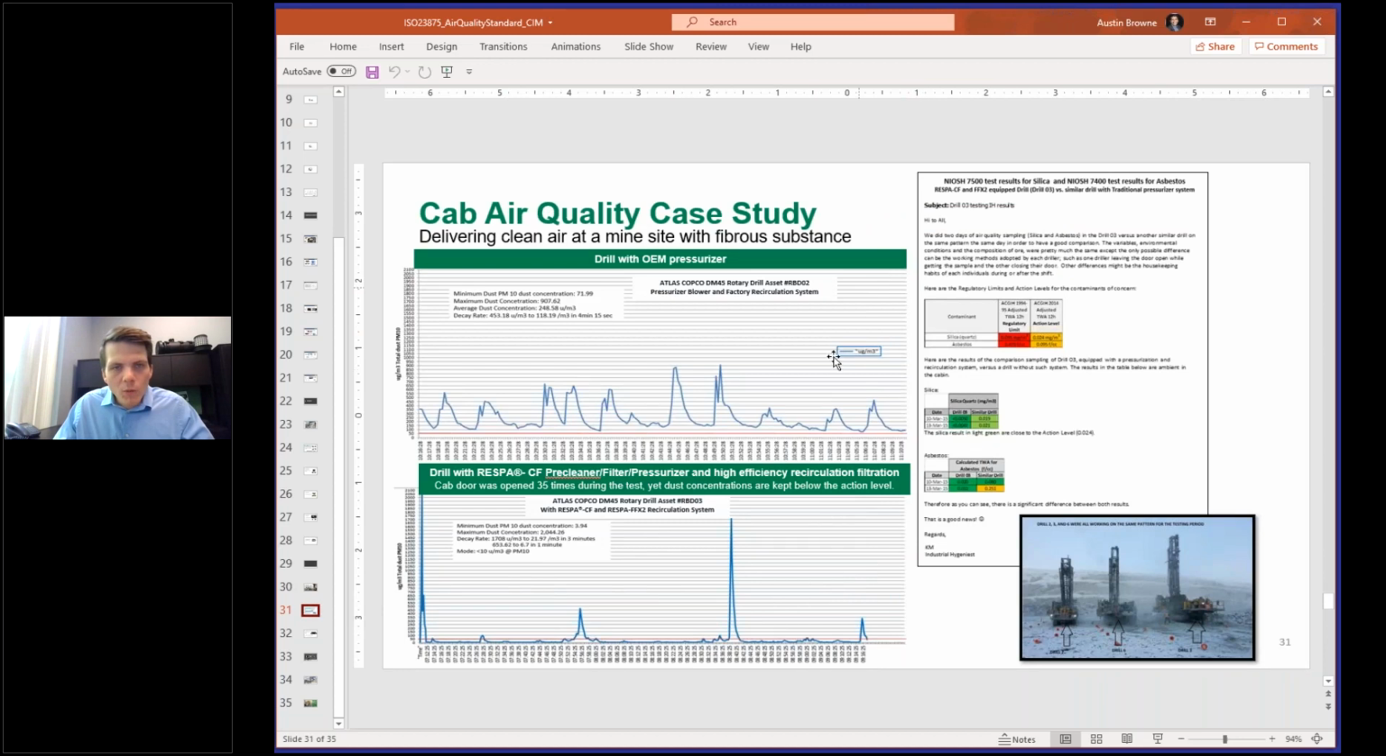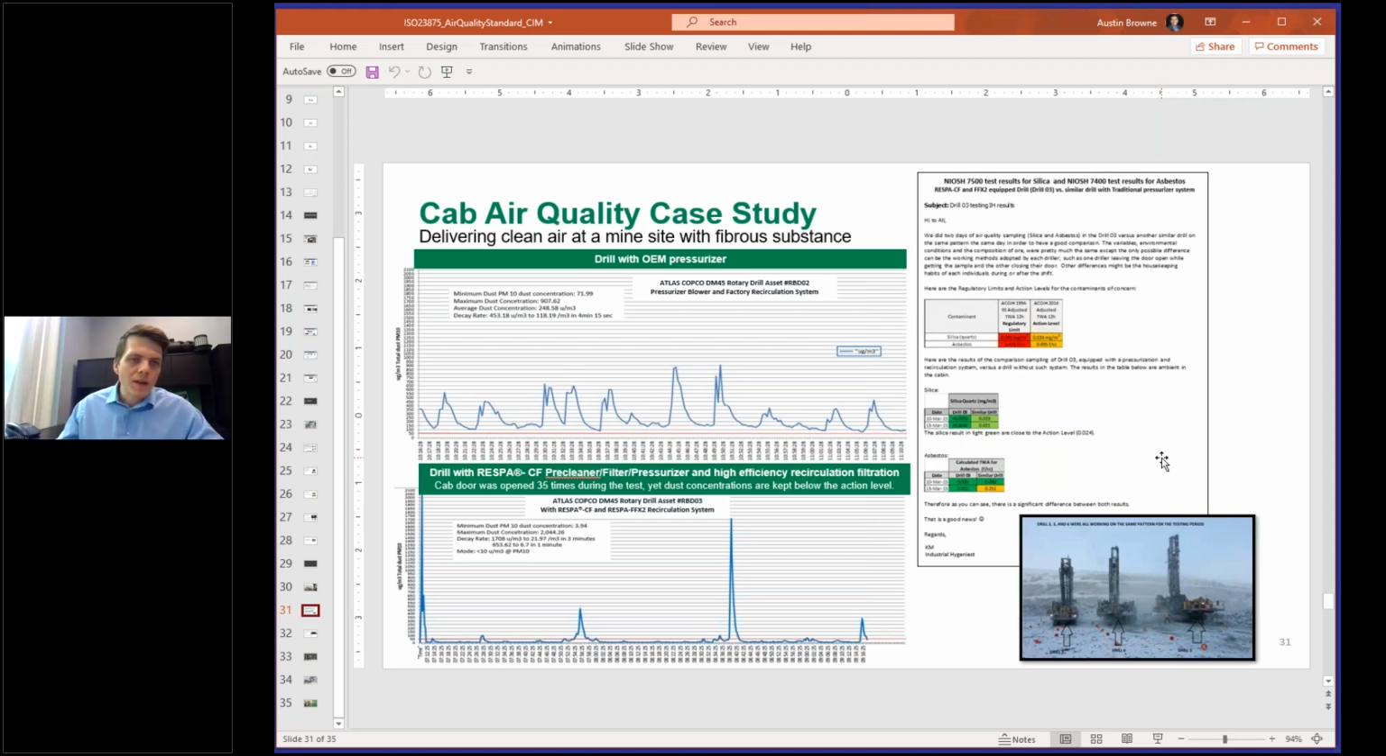And before we go to Q&A, one last case study I wanted to share. This was an interesting case study that Guillaume mentioned earlier in the presentation. This was looking at a mine site in northeastern Canada that was dealing with a specific challenge around addressing a fibrous substance. So this can be a quite challenging work environment, not only from the respirable particulate in the air, but also